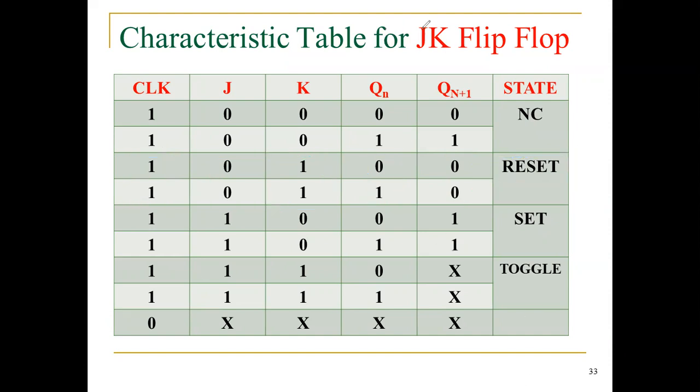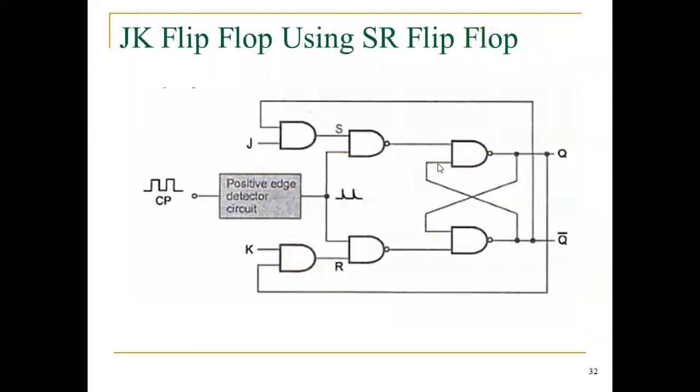Then I'm going to check the third case. Now I'm going to check this one. That means set output when my clock pulses are positive and J and K states are J equal to 1, K equal to 0. What will be the operation? Please listen. Since it is a positive edge triggering, the triggering is applicable only for the 0 to 1 transition. I repeatedly told you. So here 1, that 1 comes to here.